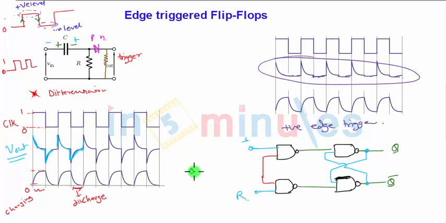So for the differentiator V in, I'll place one capacitor and a resistor. The resistor is shorted to ground. Across this I am going to place the V in. So here is my V in AC, or the square wave, the capacitor C, R, and in between that I am going to place a diode, which is given to the input of the clock connection here. So that is nothing but here I will get the positive edge triggering. So this is how the edge triggered flip-flop works.